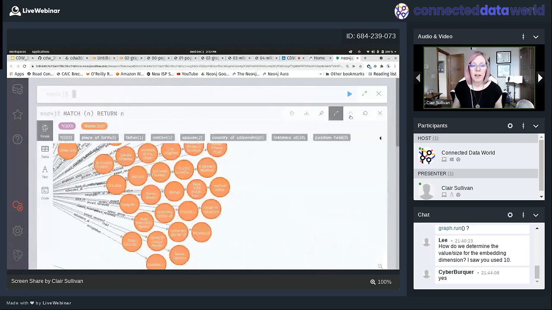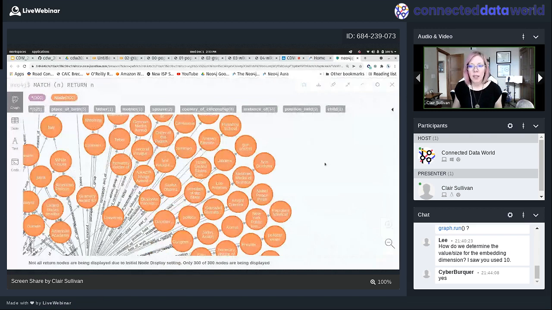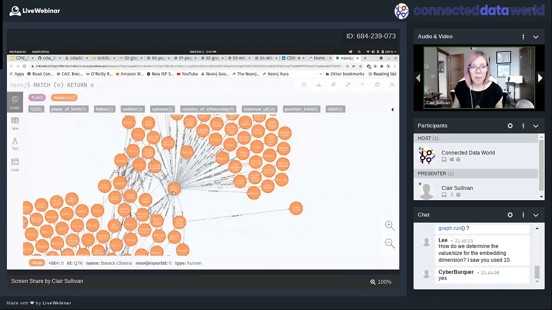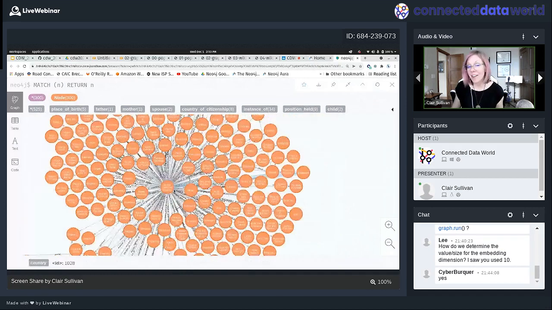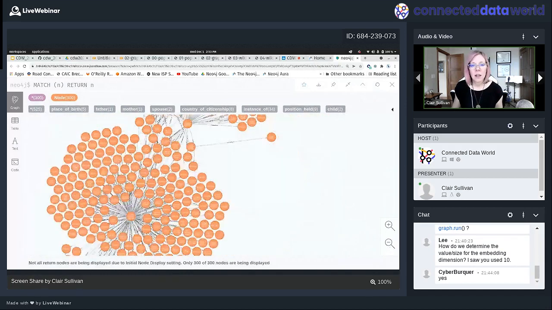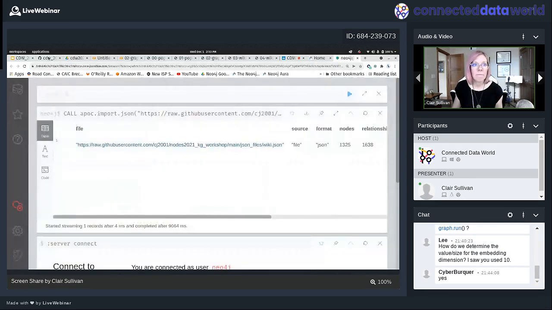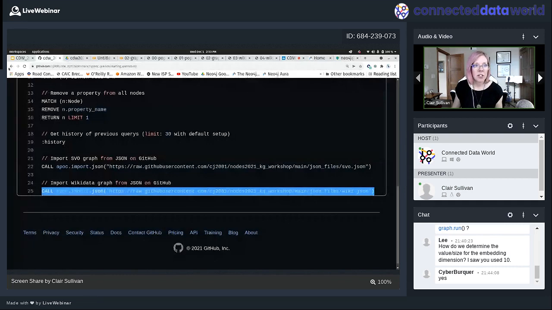And I have a graph. Yay. Okay. And interestingly enough, here's Barack Obama, our search term, but he's not actually in the center of the graph. The United States is. That's kind of interesting. Neat. Okay. Let me close that just so we're not burning through memory here. Okay, what are we going to do with this graph?